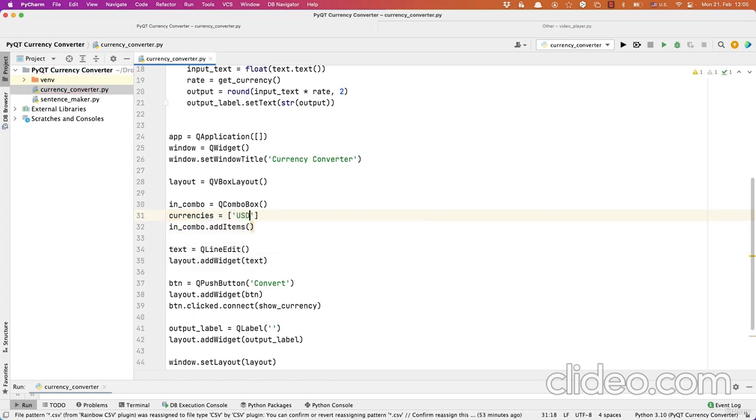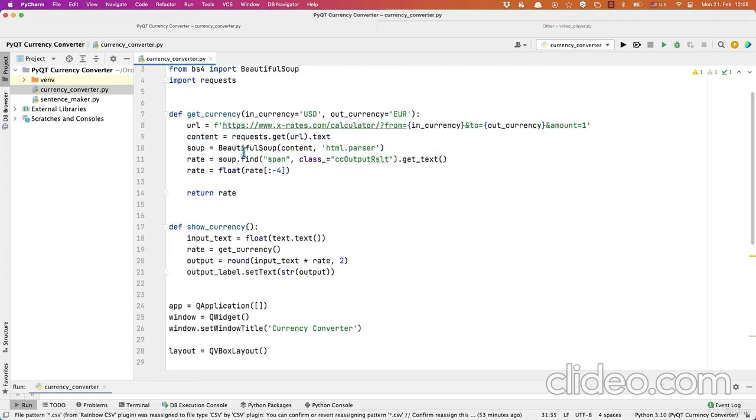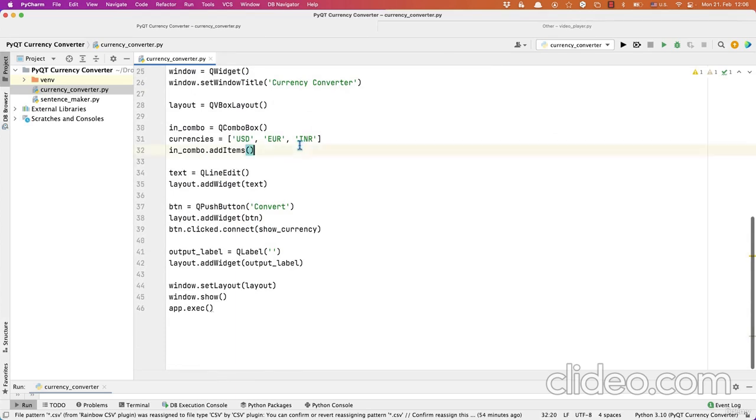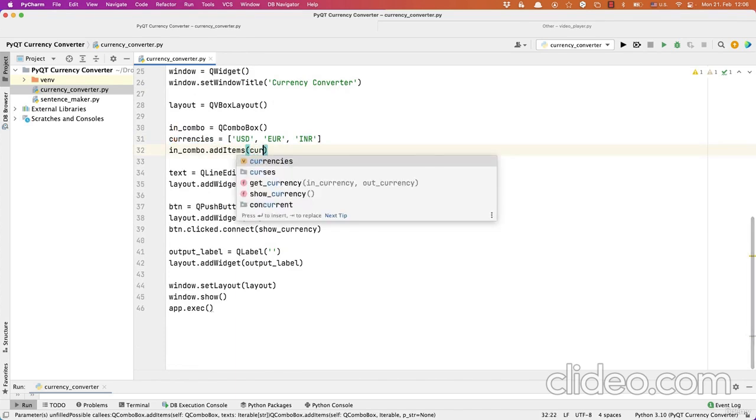You'll have a list of, let's say, USD and Euro and INR for Indian rupees. And you can add more currency codes here, as many as you want, or to be more accurate, as many as this x-rates website supports. So you can go there to the website and see how many currencies it supports, and then you can add them in your list in here. So then once you define your list, you say in_combo.addItems, and then you mention the list here,